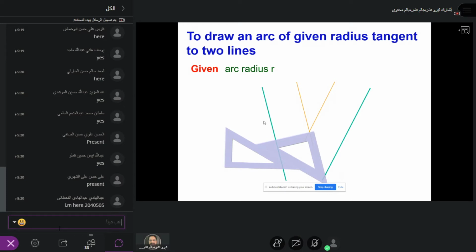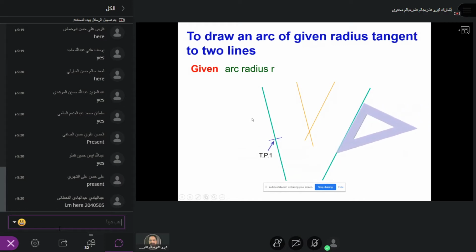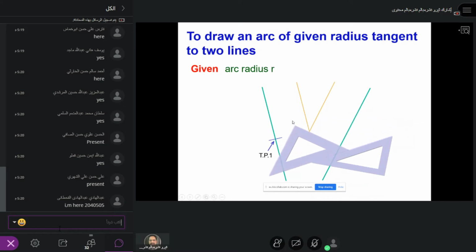So that is the TP1, the starting point 1. And similarly, by a similar procedure, you have to draw another perpendicular line from the green line to the point here by using the tri-square. So now take this as the center, this as the center, and start from here. You can mark the radius here. Okay, this is for an angular cross section or angular edge of a component. How to draw the radius.